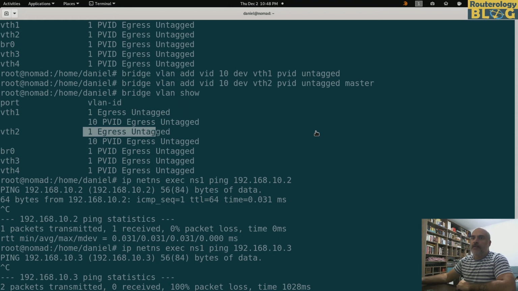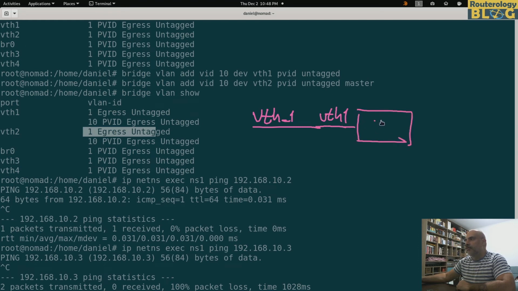So even if I have VLAN here, I have it here in veth1. I originate traffic in veth1. So let's draw this. veth_1 actually. This is where I originate the traffic, and it's coming through our virtual cable to veth1 and to